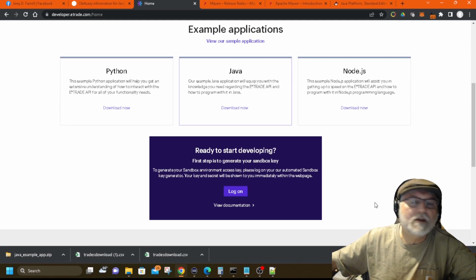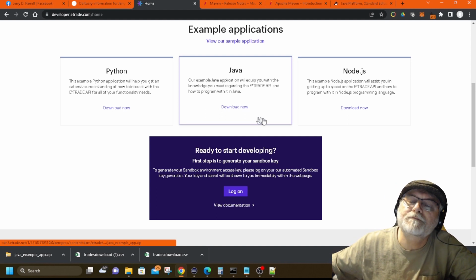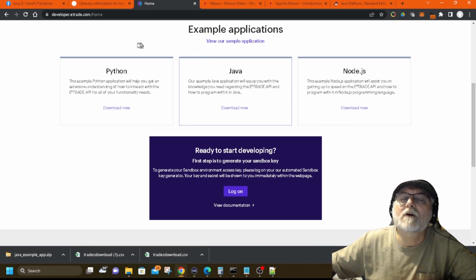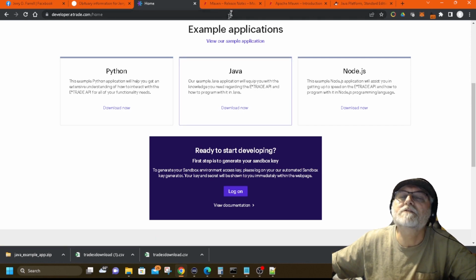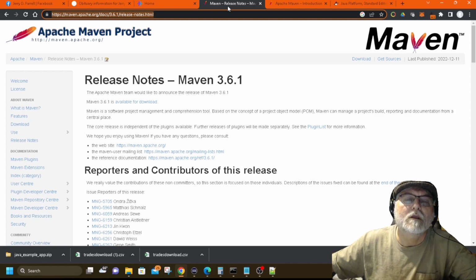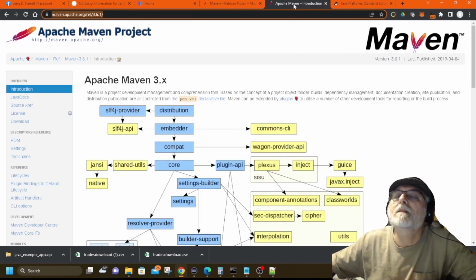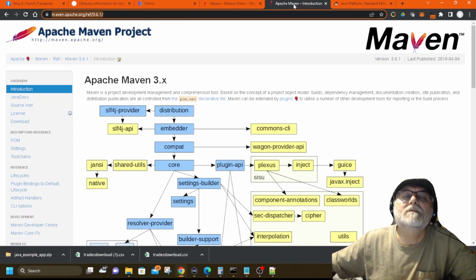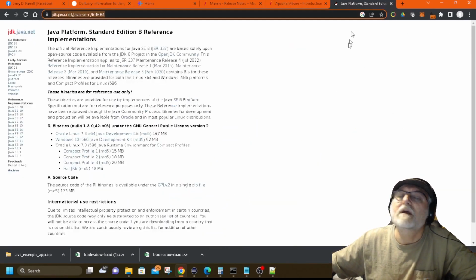So what I'm going to run today is the Etrade Java example. I'm going to leave the link as always to download the code for the example application. I am running Maven 3.6.1, and I'm going to leave some links down here for the certain Maven, and I'm running it